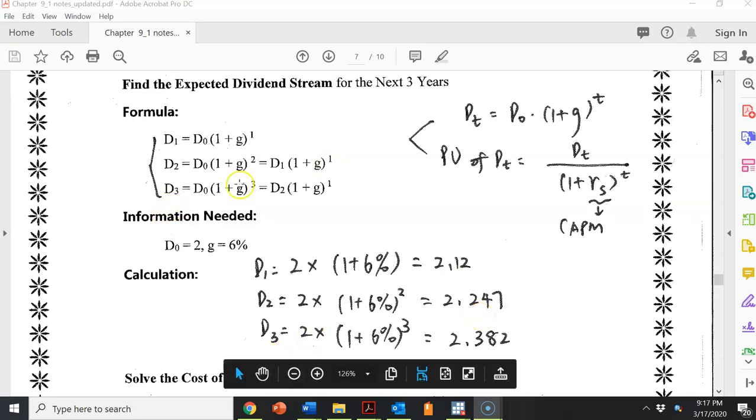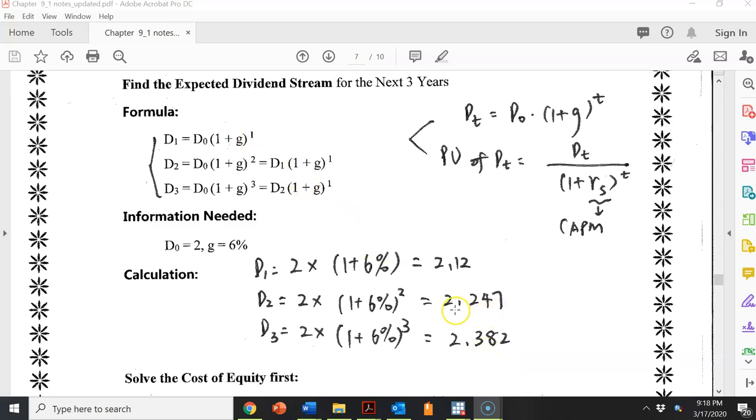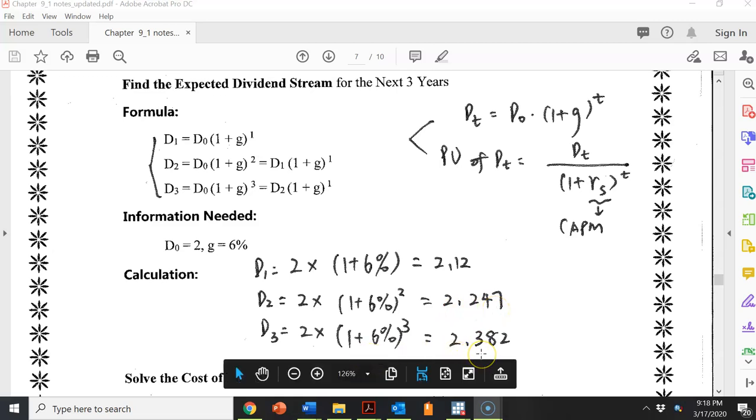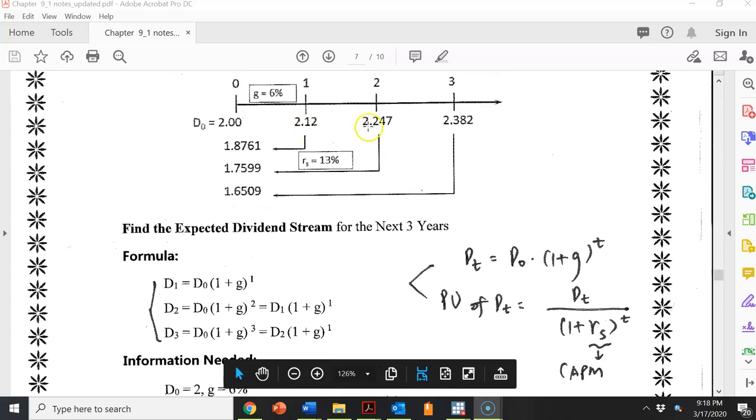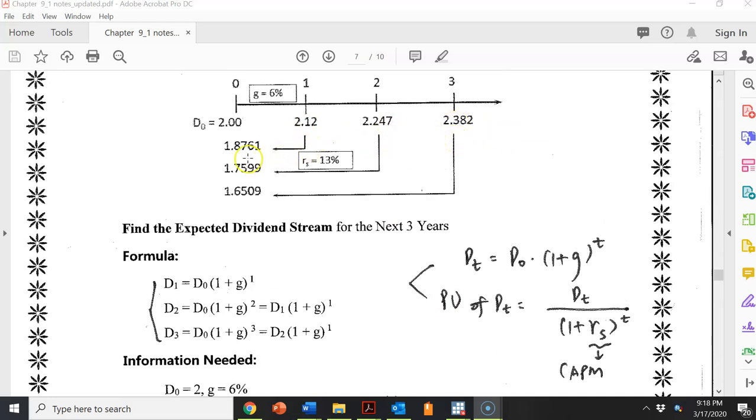D3 equals D0 multiplied by 1 plus G, 1 plus 6% cubed. Okay, we get 2.382. Also, you can use D2, 2.247 multiplied by 1 plus 6% to get this 2.382. Okay, so you can write these 3 dividends on the top line. If we want to know the present value of these 3 dividends,